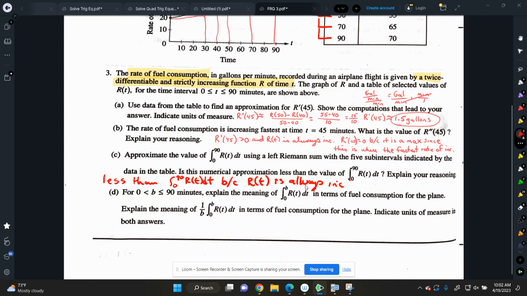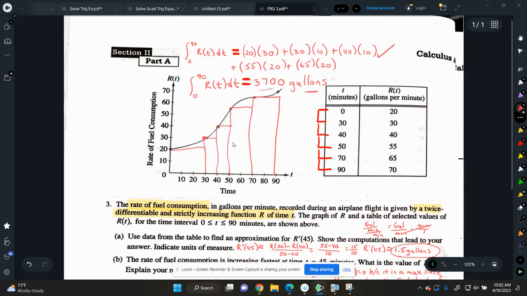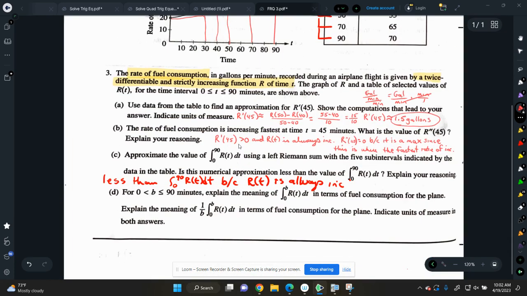Okay, from 0 to B, if B is between 0 and 90, in terms of the fuel consumption of the plane. If R of T represents the rate of fuel consumption, then what does that integral represent? The total fuel consumption. Total, that's the word we want. Yes, okay. So I need to give myself some space here. We're going to say 0 to B, R of T. We need to use that word total. Is the total